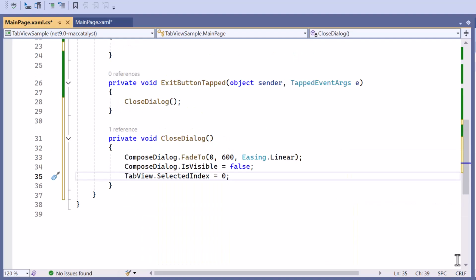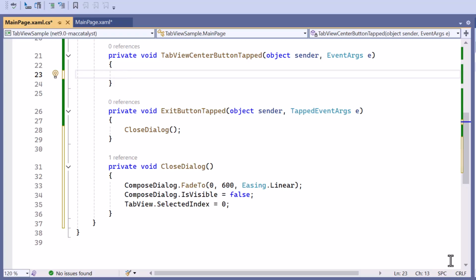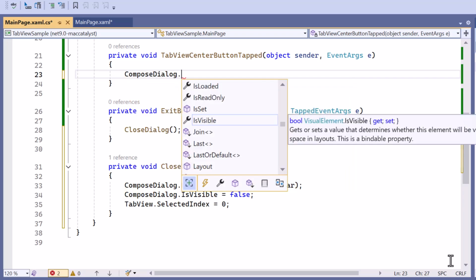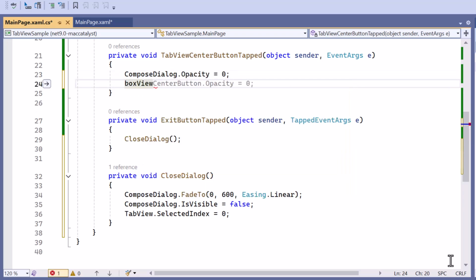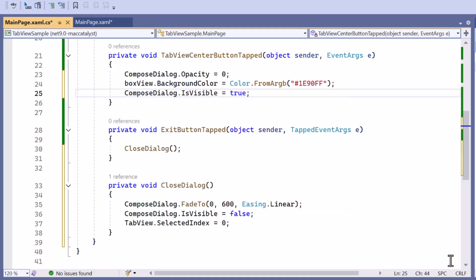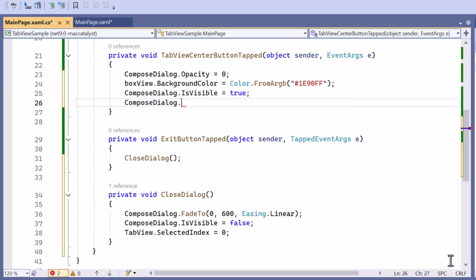Next, I implement the center button tap method, which is triggered when the center button is clicked. In this method, I set the dialog's opacity to 0 and update the header bar color. I make the dialog visible and animate its fade in effect over 600 milliseconds using linear easing. I return to the dialog layout